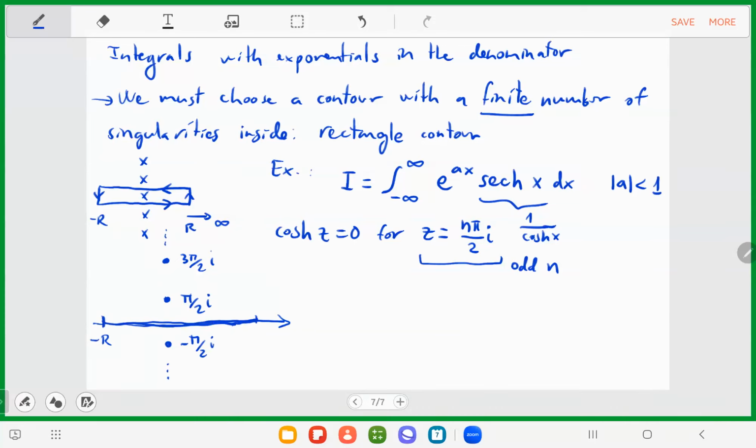R can be a large number. But then to have a closed contour, I need to go from this point z equal r to a point that I'm going to choose exactly between these two singularities, r plus i pi. So the real part is r, the imaginary part is pi. And then here I will go back to this point, which is minus r plus i pi,